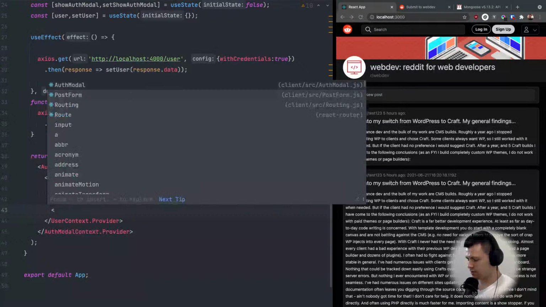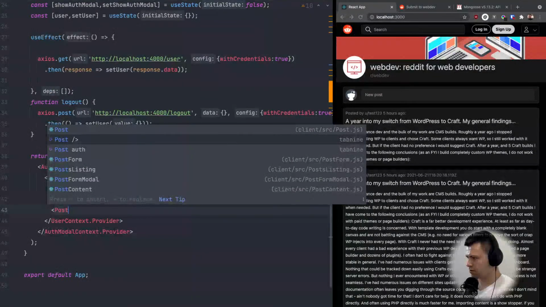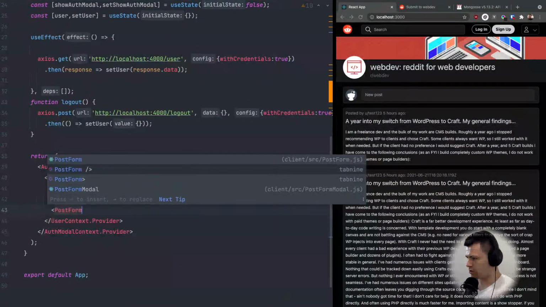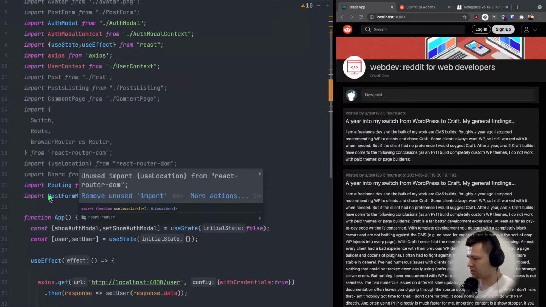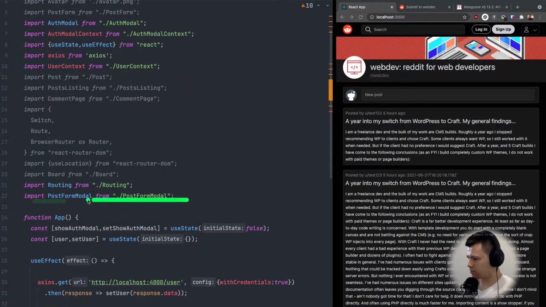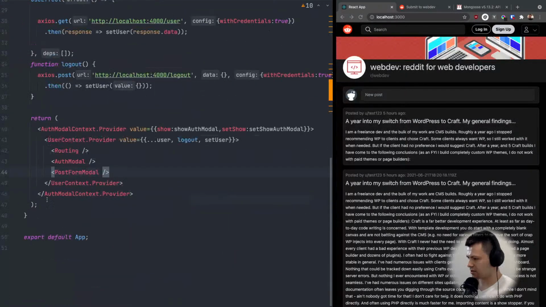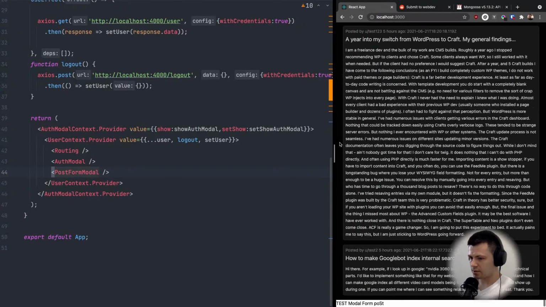All right, and now let's import it to our app.js. Here let's try post form modal, like this, and as always this has been automatically imported for me here. So if it doesn't do it for you, you need to add this line. All right, so now let's see, we have this pop-up here, and now we need to add some classes